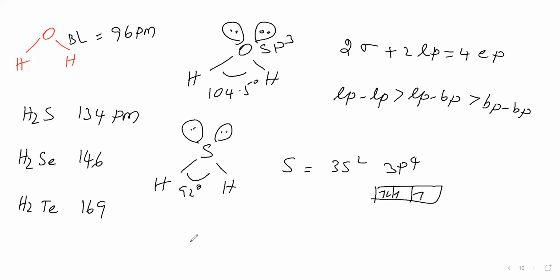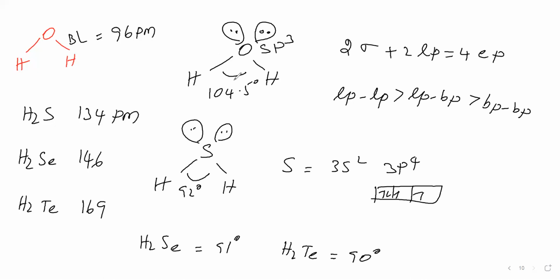Next we will take H2Se. The H2Se bond angle is 91°. The same explanation as H2S can be given. H2Te: the bond angle is 90°, with the same explanation as H2Se. That means in H2S, H2Se, H2Te the bond angle is nearly 90°, because pure p orbitals from the valence shell of the central atom are involved in bonding with hydrogen atoms. But in the case of oxygen, pure p orbitals are not involved in bonding with hydrogens. sp3 hybrid orbitals are involved in bonding.